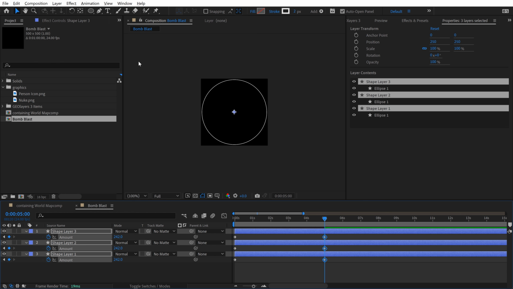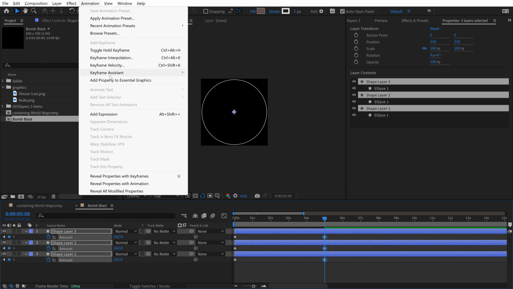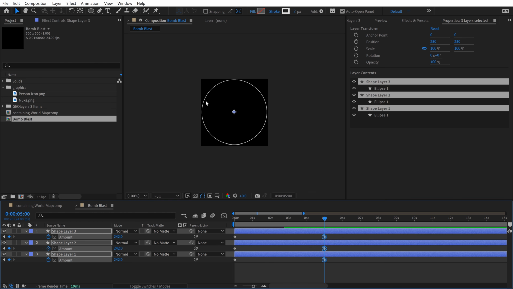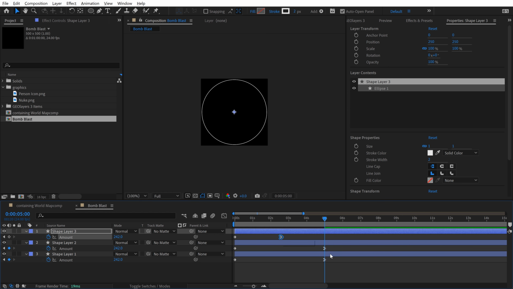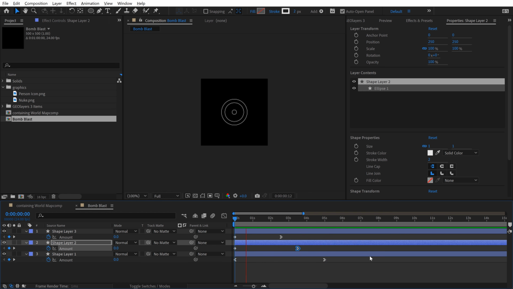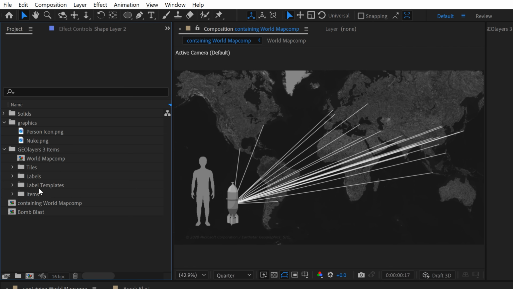And now I'm going to grab all the in keyframes, animation, keyframe assistant, easy ease in. And now I can just offset these, and we'll get a little bit. Okay, that's looking good. Now to make this a label template, I go to the GeoLayers 3 items folder here,